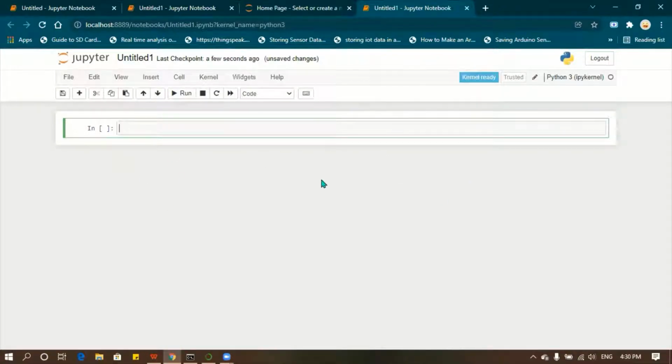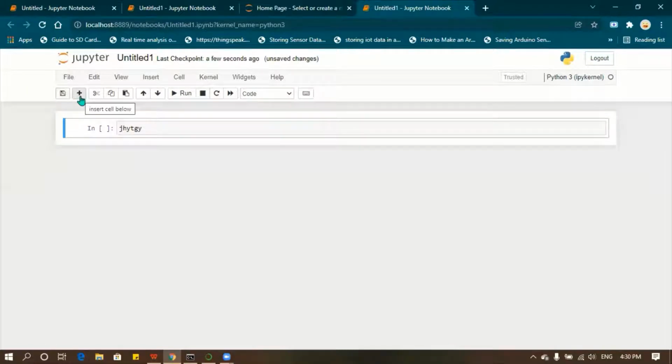If your cell is like this, you can type everything here. If you want to exit from this, press Escape, and the Enter mode will be gone. You can explore these symbols.